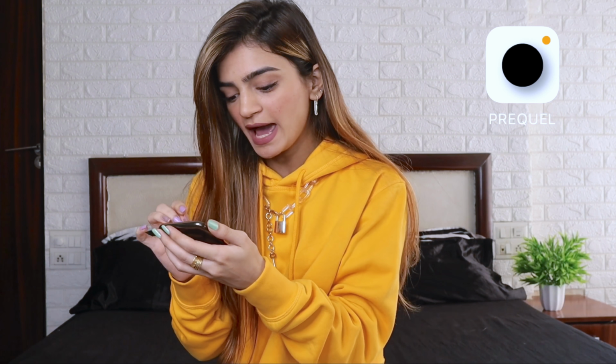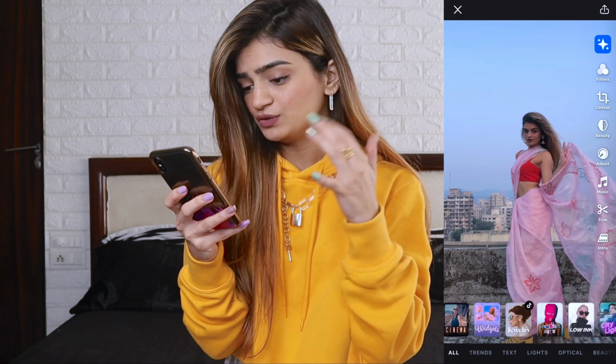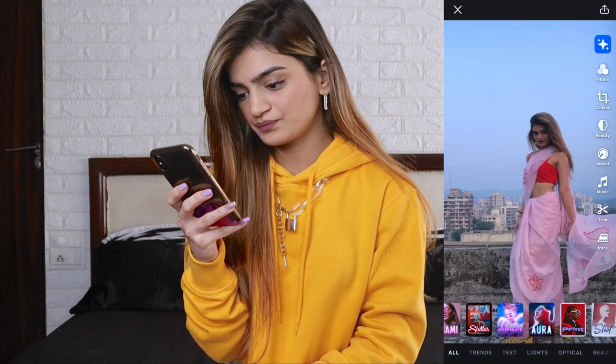The next app that I use sometimes is Prequel, and I use this app for aesthetic filters. They have really cool filters, like those aesthetic vibes that are trending right now. For that I use this app. They have many options, like you can choose so many.